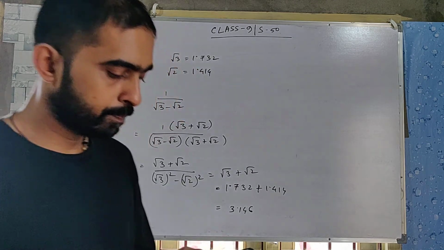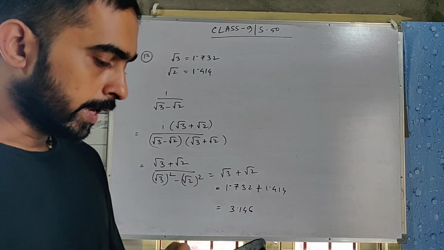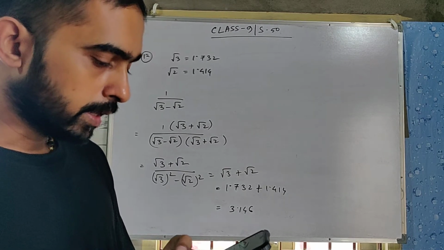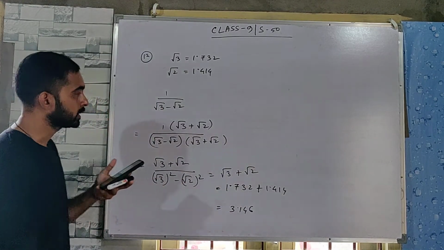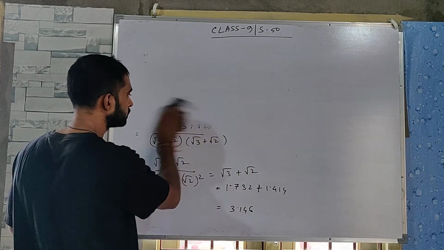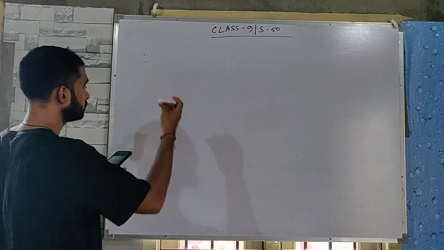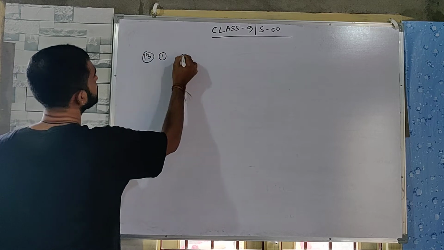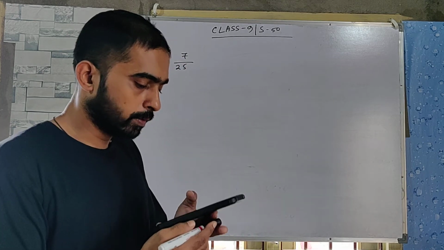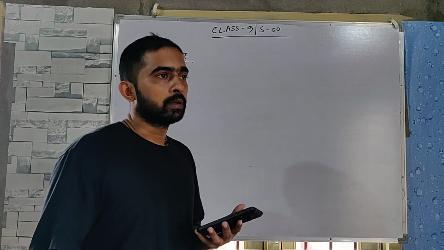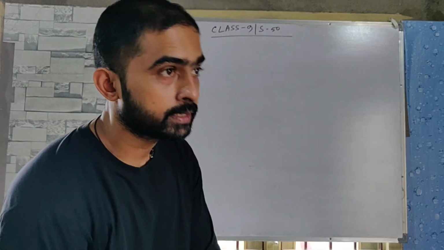Now question number 10. See, without doing decimal division, express the following rational number in decimal. Question is 7 by 25. Now see here, we have to write the given number in the decimal form. To write a given fraction in the decimal number without doing the actual division, there is a process, that is what?